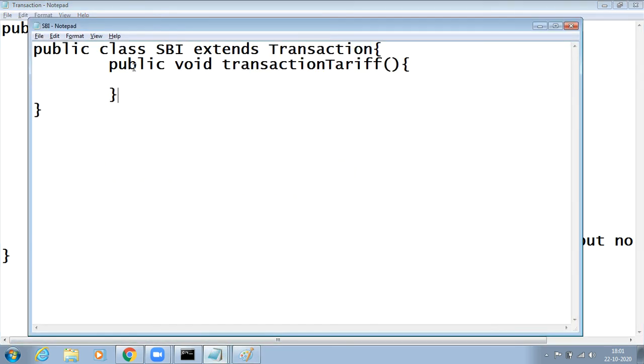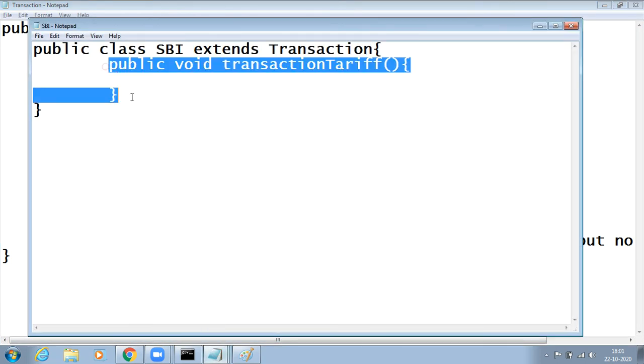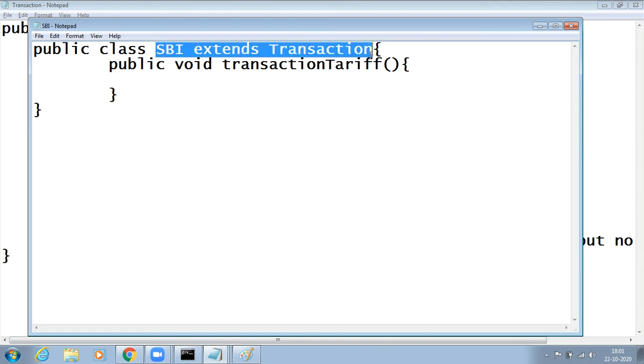Overriding is the strategy of reusing the parent class method in the child class. The parent class is what? Transaction. A transaction has a method called transaction tariff. The transaction tariff should be reused here. Why do I have to reuse? Because I am extending the parent class.